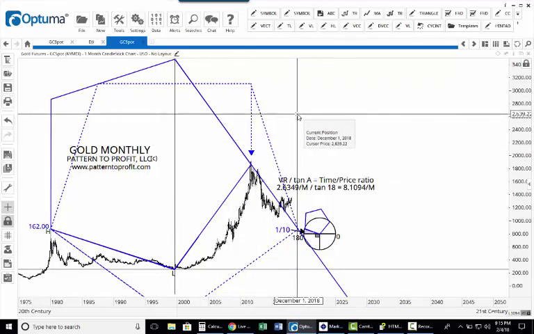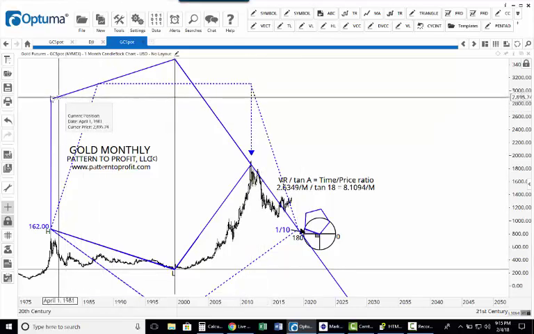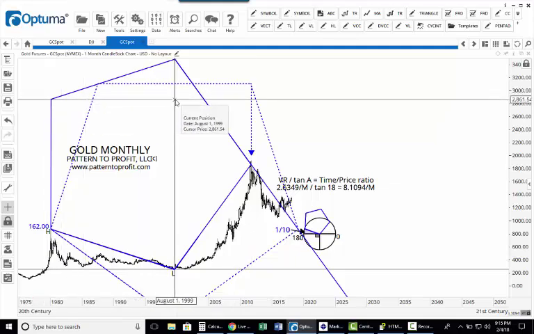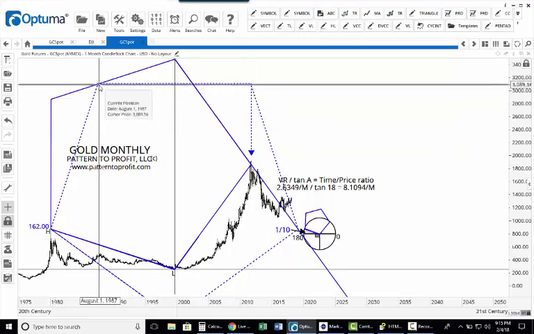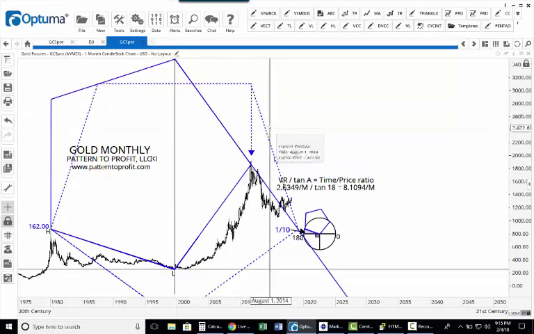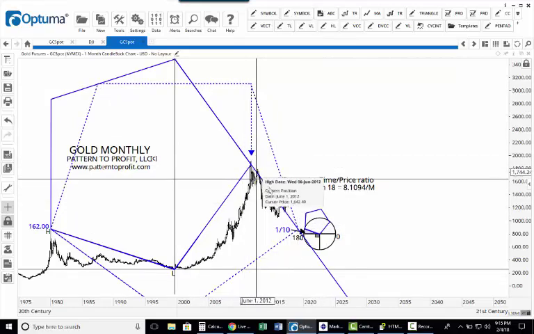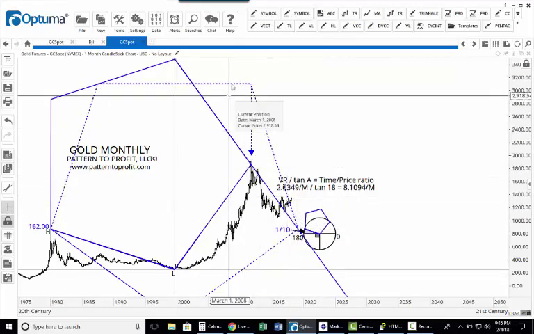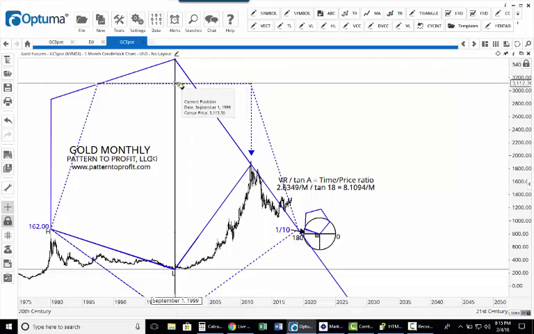Read my first article in MTA, Technically Speaking, the newsletter. It was on pentagonal analysis, and you'll see that you could derive this using Fibonacci ratios from here to here. So it's a little redundant, but it's nice to see it geometrically, and you'll see this meets right here. Also good to note that the market actually exceeded this shape, and we're now outside of that. We're outside of this, we're outside of that,